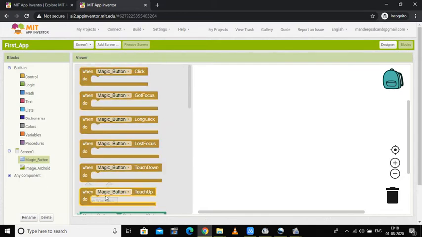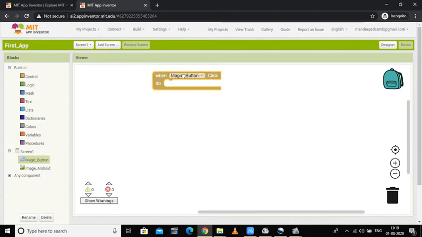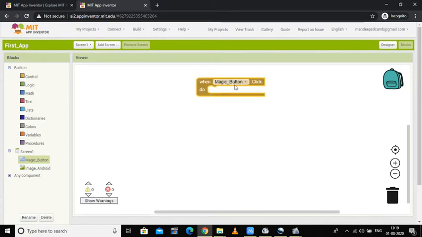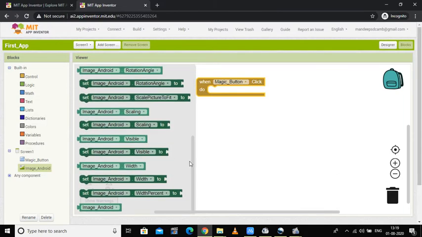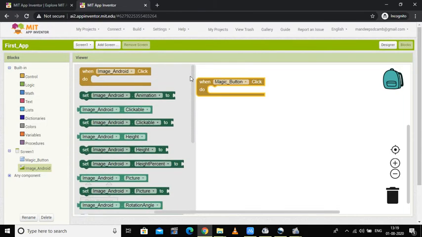So I have to select a block which says my logic: when the button is clicked. So the first block is the thing which I needed. That is, when someone clicks my magic button, then that image should appear. So for that, I have to select the image block. When I click here for the image block, these blocks will appear. So these are all the blocks under which coding has been done by MIT App Inventor. I have to choose the correct logic so that my application works correctly.